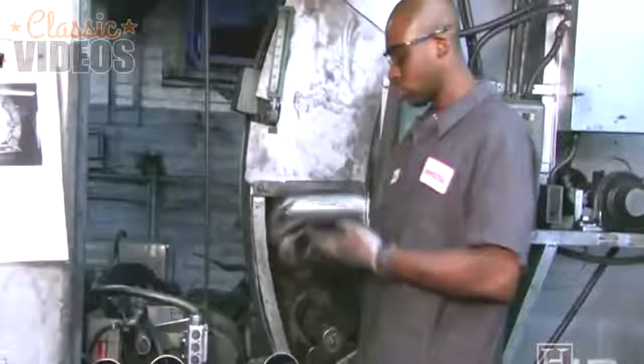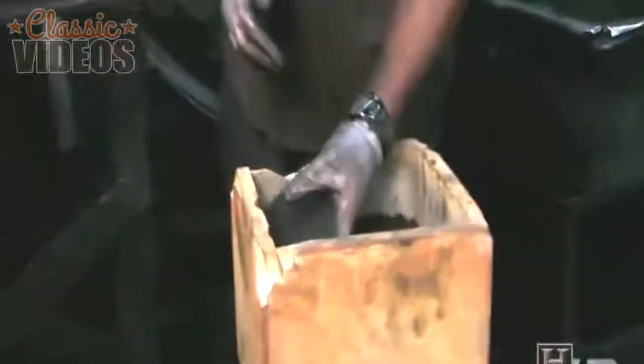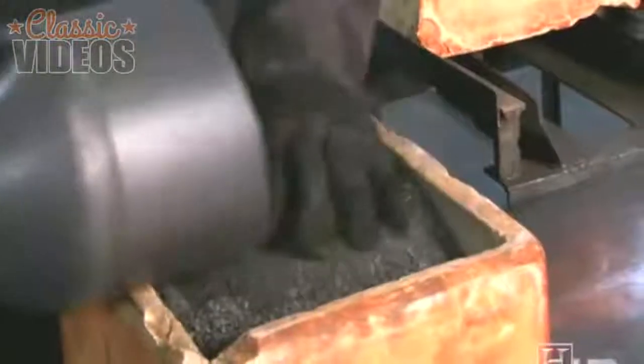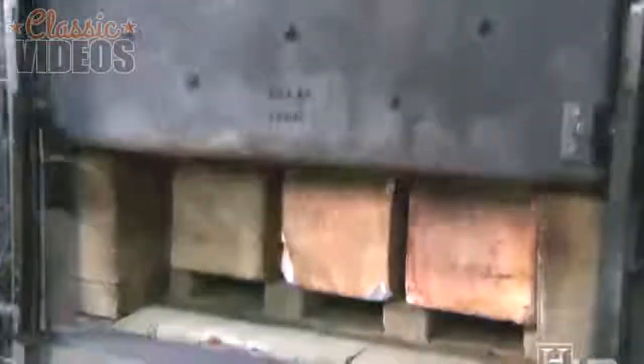Once the pencil cores are extruded out and dried, they're placed into the crucibles which we're actually going to put into our furnace. On top of the crucible, we pour a packing graphite to make sure that the oxygen doesn't get down to the leads, the cores themselves, to burn out that carbon. While the 1800-degree furnace stiffens the leads,